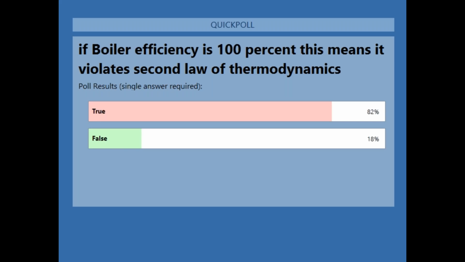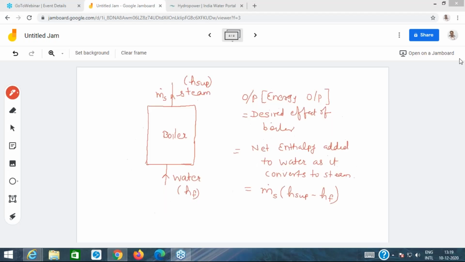Deepak, is this clear? Screen is not visible, Kamlesh? Okay, just a minute. Sorry for that. Let me hide the screen. Let me hide the poll. I forgot to hide the poll. Thank you, Kamlesh, for pointing this out. Let me now share the screen. Now it is seen, no? Akanksha, now it is seen?